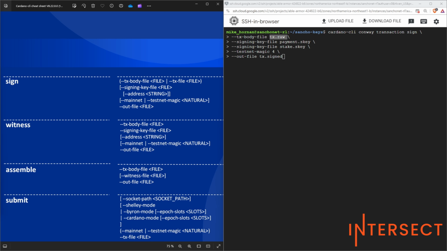If you look at the command, everything we did, the UTXO in and our outputs as well, as much as the certificate file, the registration cert, we have put all that into a file that we call transaction raw in the last command that we did, if you look at it. So it is required. We need to mention our signing key file. We need to sign our transaction, so with our two witnesses, which are the payment signing key and the stake signing key. Also mention the network we're using, and we're going to put all that into a file that's called transaction signed,